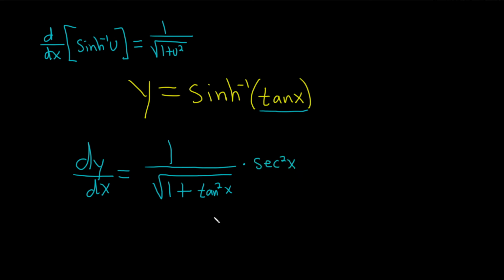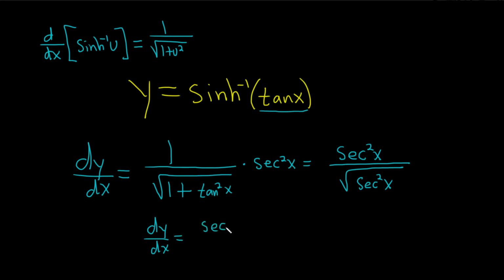Okay. All right. So now we can use an identity. 1 plus tan squared is secant squared. So I'm going to put the secant squared up top. So secant squared x over, and on the bottom we have the square root of secant squared x. Okay. So dy dx is equal to secant squared x